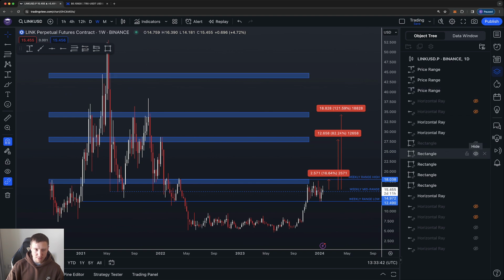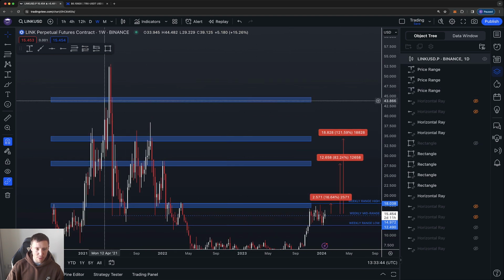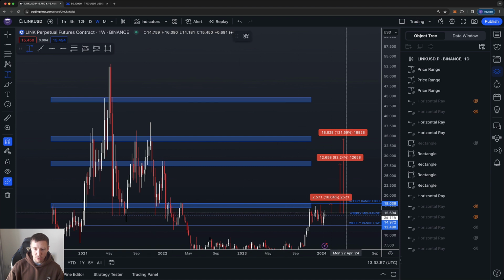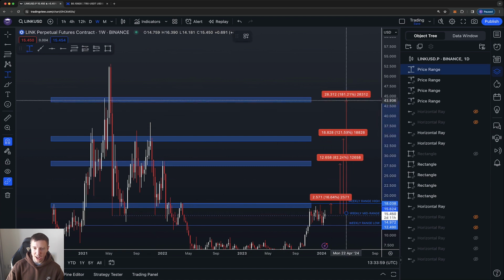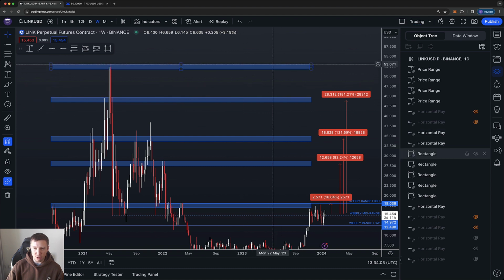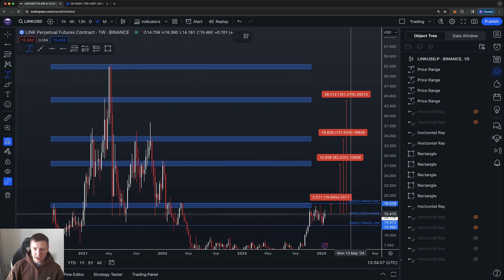Last two TPs. So this level here where we had these two wicks, one during April of 21 and the other in May 21, we only got one weekly candle close above this area of $43, which was the absolute top. So a return from today's prices up to there, you're still looking at 180%. And then finally to the absolute all-time highs of $52, $53. From today, you are still looking at a return of